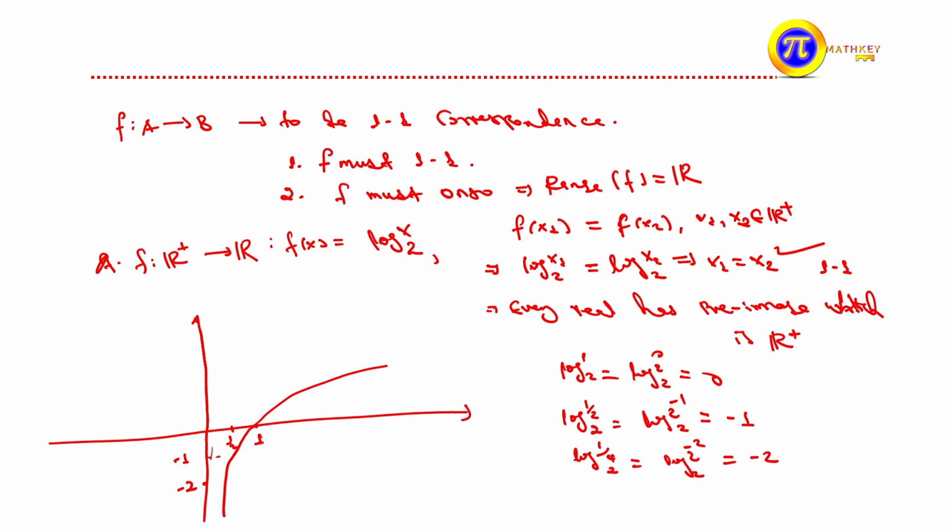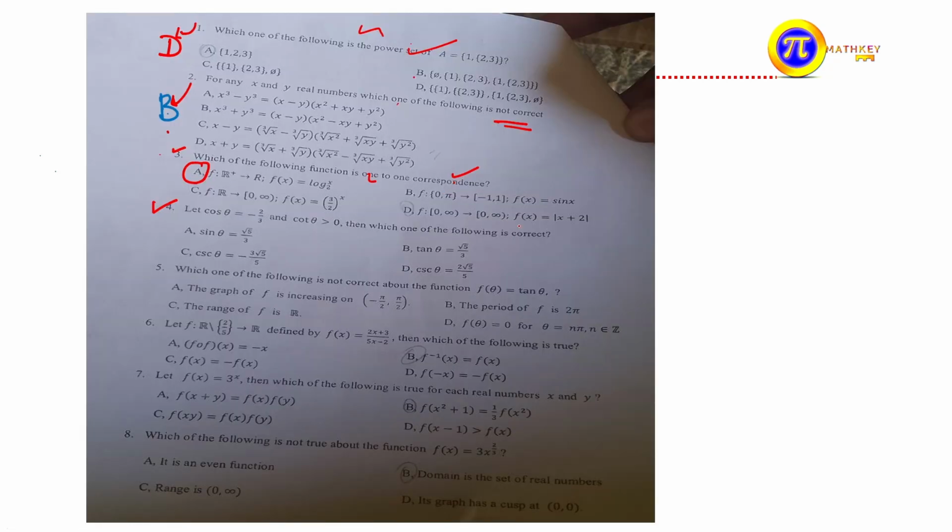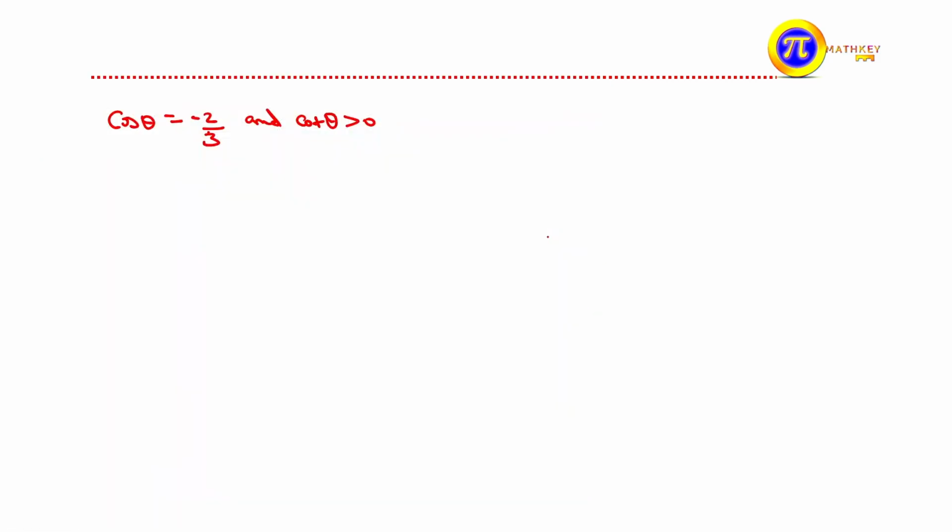The fourth one says: let cos theta equal -2/3, which is less than 0. Which one of the following is the correct one? Correct የሆነ የትኛው ነው ይላል።